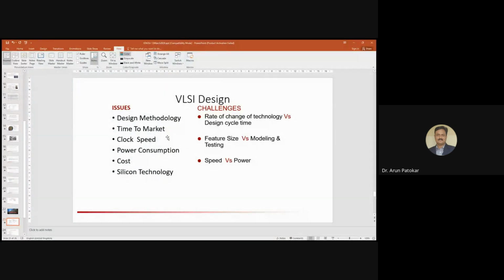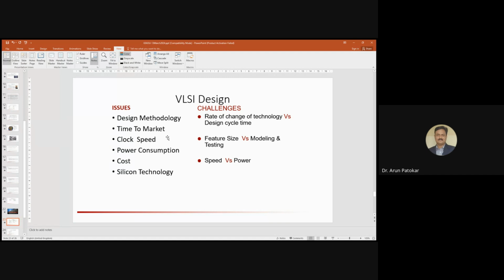There are some issues and challenges in this technology. Rate of change of technology versus design cycle time. Suppose अभी आप 130 नैनोमीटर पे काम कर रहे हो, और मार्केट में जो नए प्रोडक्ट आते हैं उससे भी कम आ जाते हैं। मतलब टेक्नोलॉजी स्केल डाउन हो रही है। हमने अगर कोई सोचा है कि हम इतने ज़्यादा थिकनेस पे काम करेंगे, हमारा वेफर इतना है, तो 2 साल के बाद में जब तक आपका प्रोडक्ट का लाइफ साइकिल खत्म होगा, आप इन्वेंशन करोगे और उसको प्रोडक्ट मार्केट में सोचोगे, तब तक दूसरा कोई उससे भी स्केल डाउन में अपना प्रोडक्ट लाएगा।